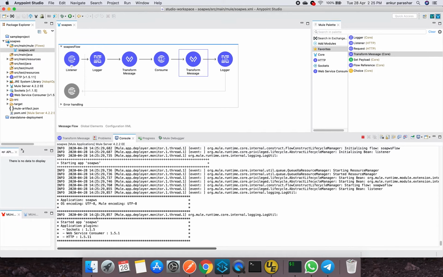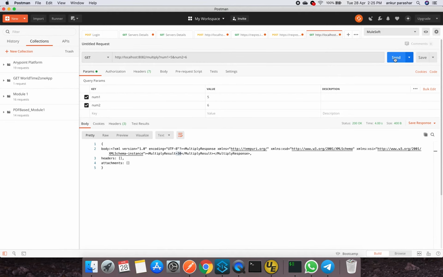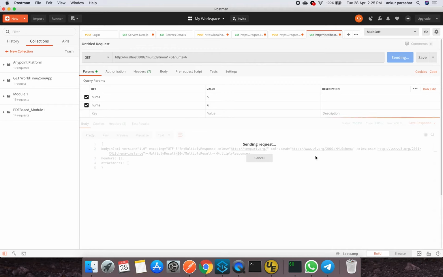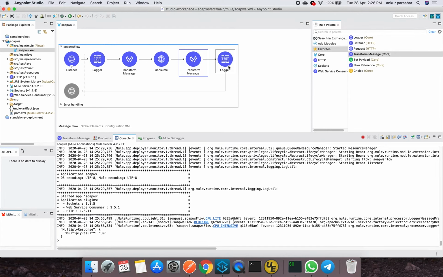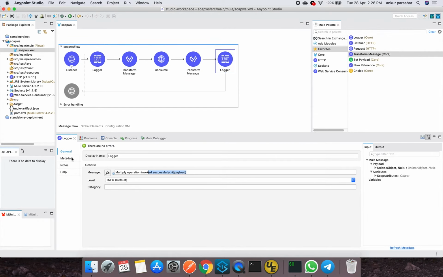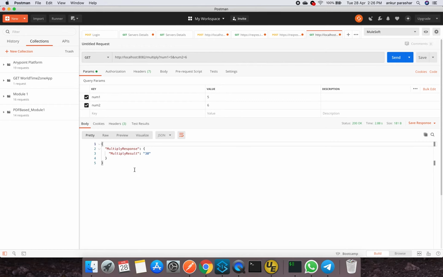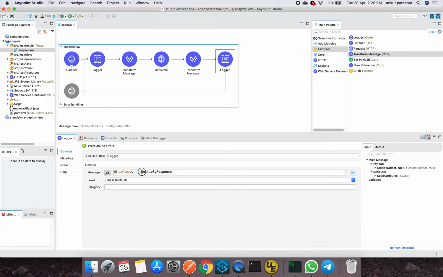Okay, so it has started up and is running. Let's hit it once again. So here you can see the output is coming up now in JSON format, multiply response. Inside that there is a multiply result. Okay, so we will do something over here. Let's remove all these things and put payload dot multiply response and multiply result value. So I will remove this and put multiply result. I will again remove this